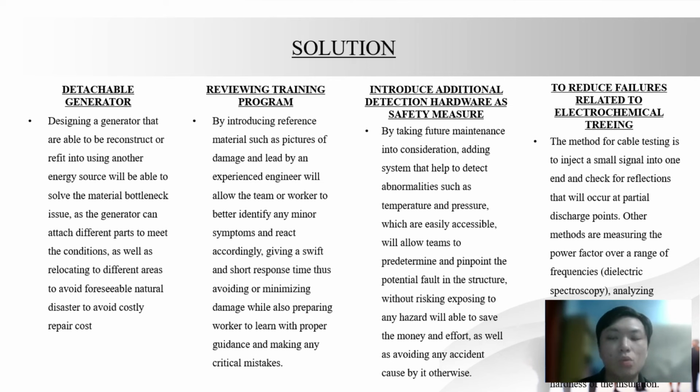costs. Okay, so the third one will be introducing additional detection hardware as a safety measure. It's pretty simple, such as an internal device that can measure the PSI, the pressure itself, or a thermostat for checking temperature. This detection hardware takes maintenance into consideration, so hardware which is easily accessible for the workers